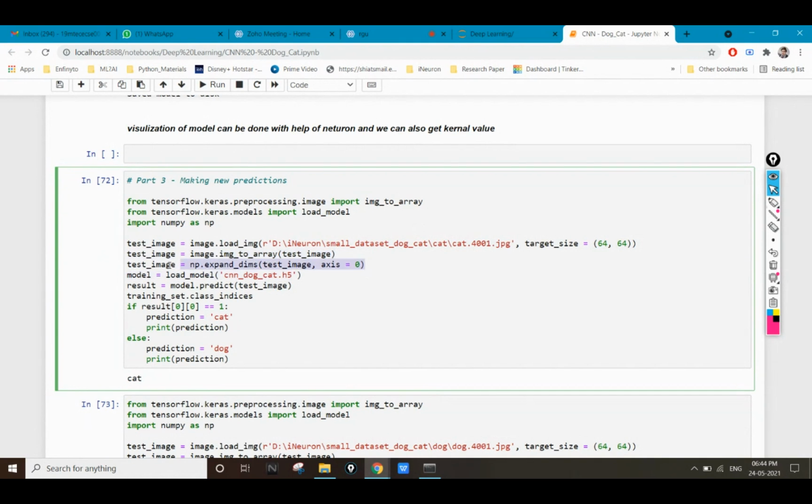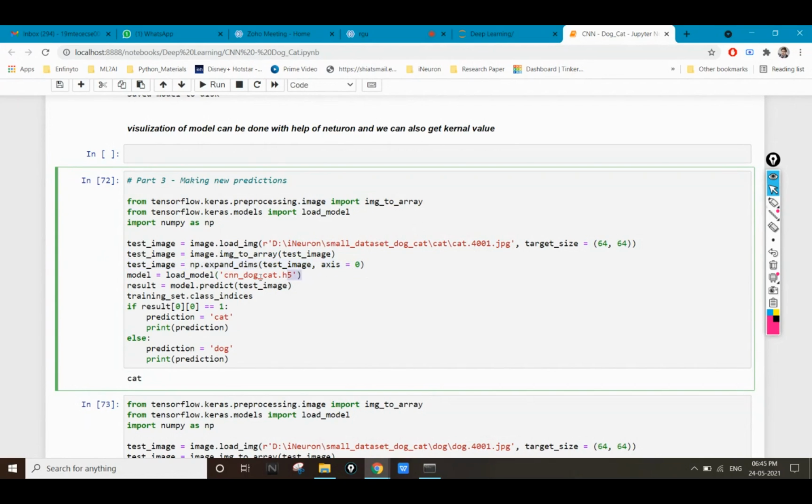With the help of this command, I'm flattening the image and changing the dimension to a four-dimensional array, because the model which I have created is a four-dimensional model.